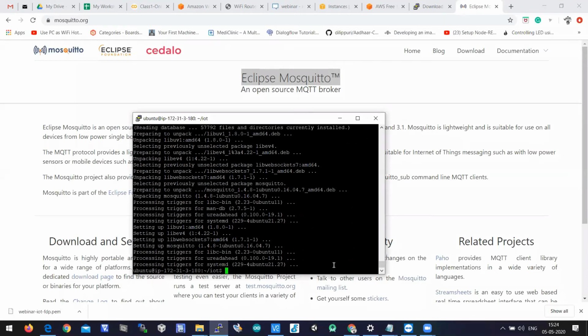Now you can have your own broker. Mosquitto is nothing but an open source MQTT broker, and it is now deployed on your AWS instance. It means that your AWS instance can act as an MQTT broker for your IoT applications. Our MQTT broker is independent, and we are not dependent on any third-party brokers.